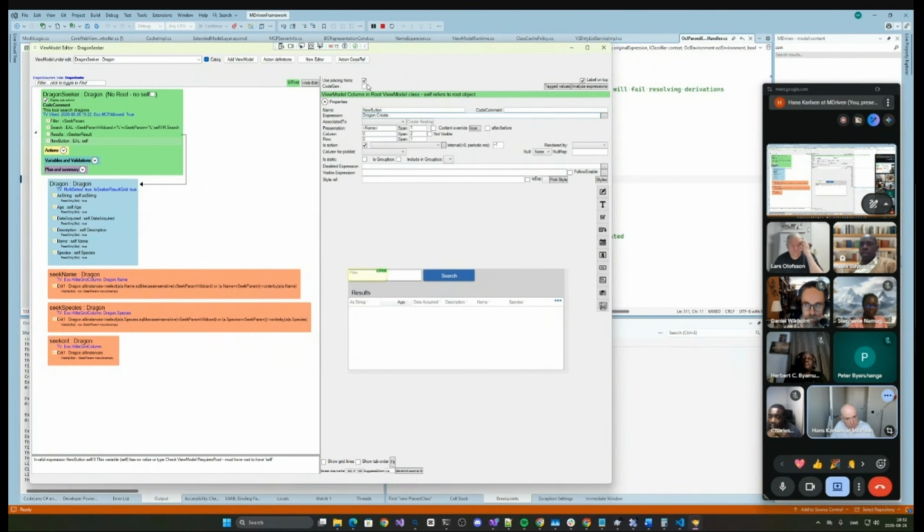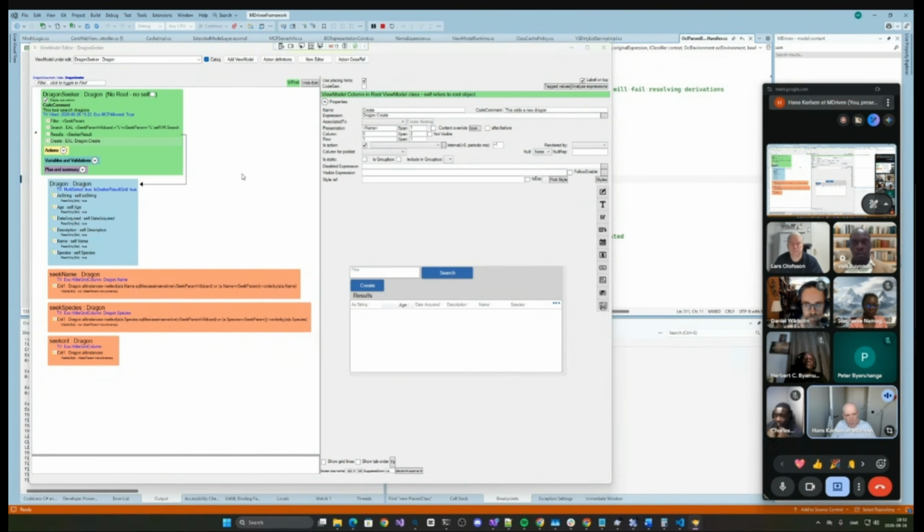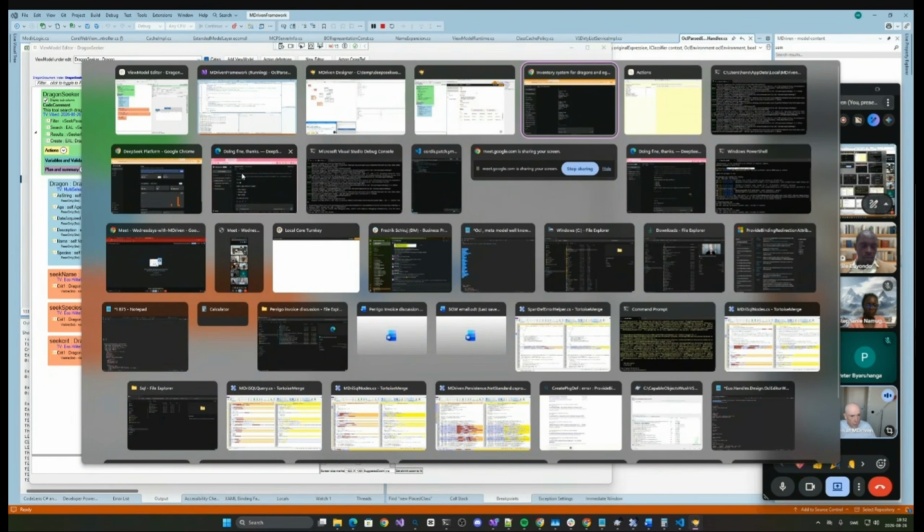Create. And call it create. This adds a new dragon. Oops. And now the button is misplaced. I'm going to move the button to there. Okay. Say, right. Let's head back to my